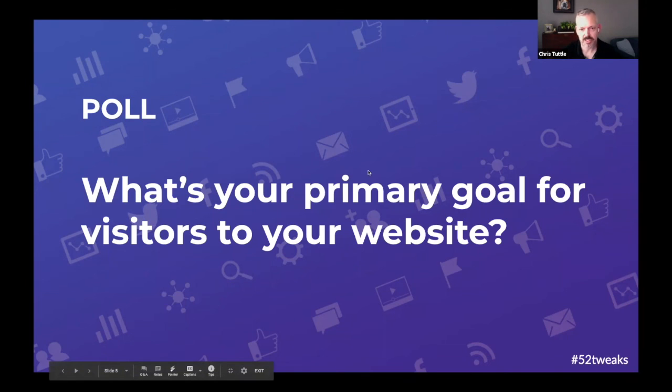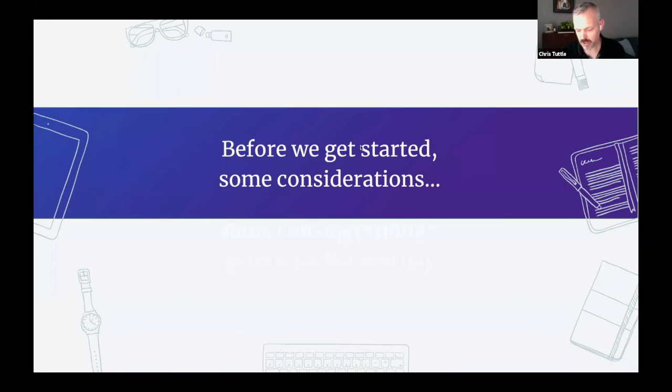Perfect, we should be back to our screen here. So that's the point of today's conversation: to talk about all the things that we could be doing to improve our website so that we can create a better user experience and ensure that the reasons you want people to be there and the things you want them to do, from accessing resources to volunteering to making a donation or taking an advocacy action, you're streamlining that process, cutting out the clutter and the junk that's going to prevent the constituent from taking the actions that either they want or we need them to take. And so we're going to talk real quickly, before we jump into these 52 tweaks, about a couple of considerations,